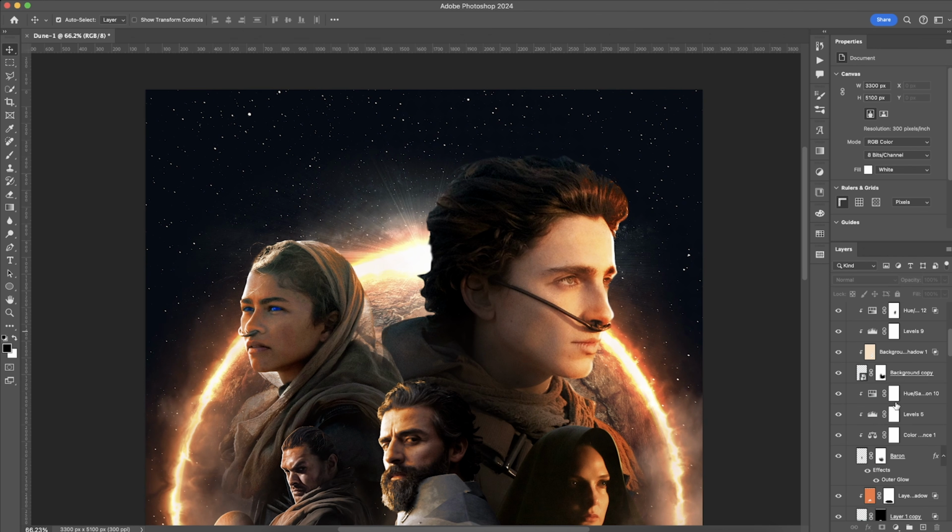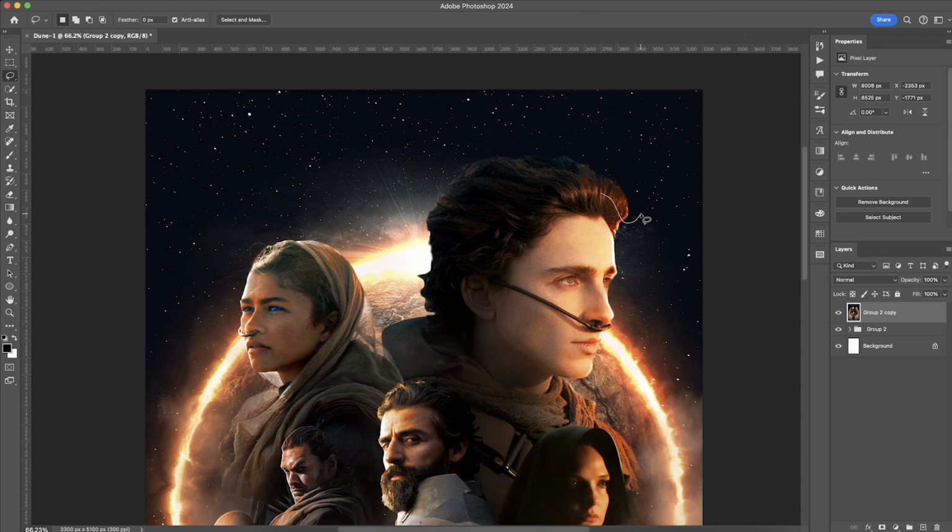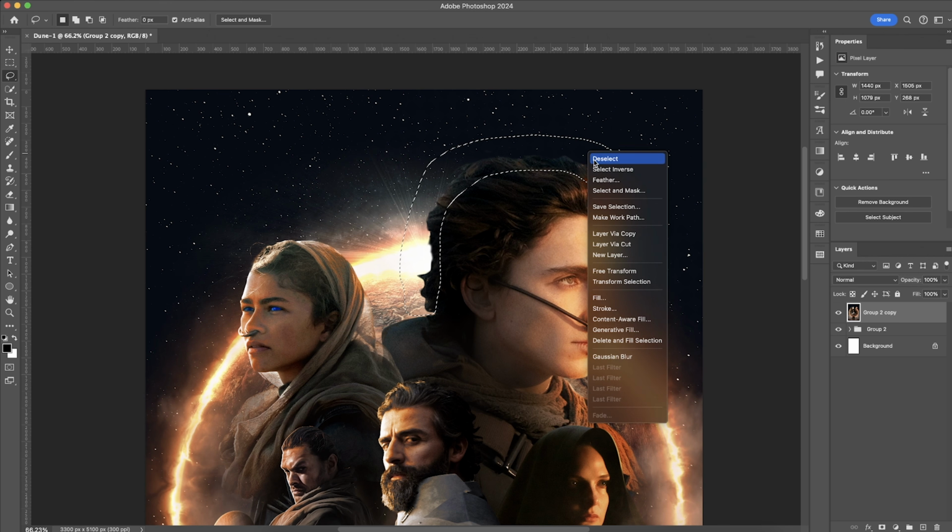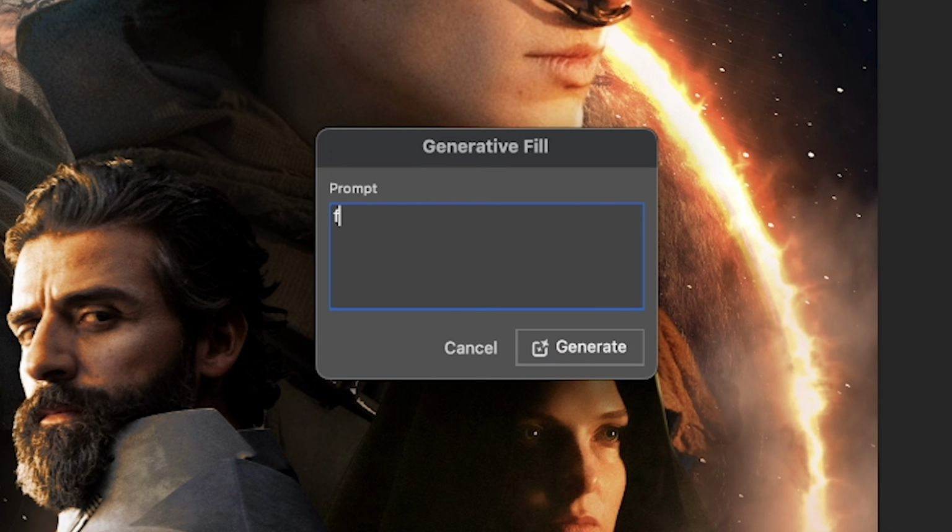Basically, after all the editing is done and we put our lens flares and our particle effects and we have our lighting on our characters how we like it, we can then use the selection lasso tool to wrap around the edges of our character's hair and then just click generative fill and add hair. A few moments later. Perfect.